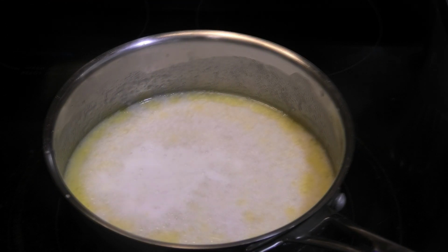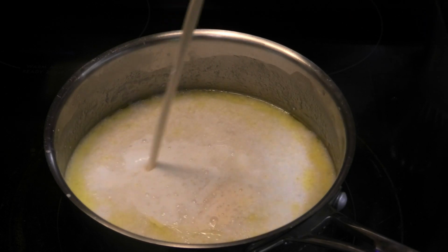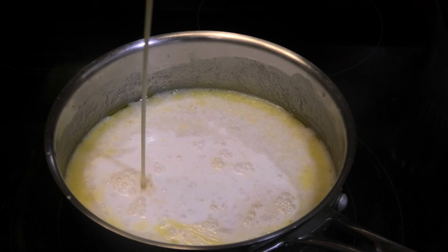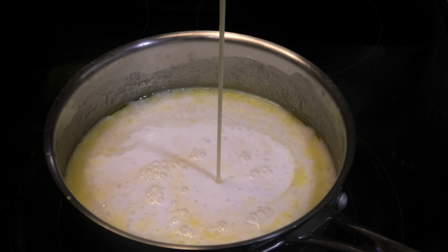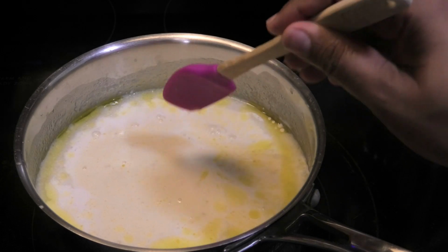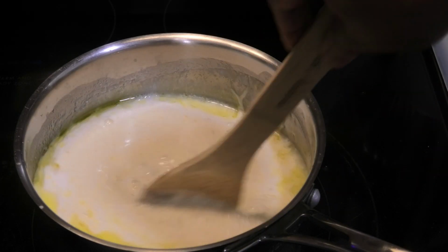I like using heavy cream for that luxuriousness. Some evaporated milk, and I'm sweetening with some condensed milk. You can use sugar if you like, or you can omit it totally. Next, I'm going to go in with some ginger, which is optional, and I'm going to allow this to cook